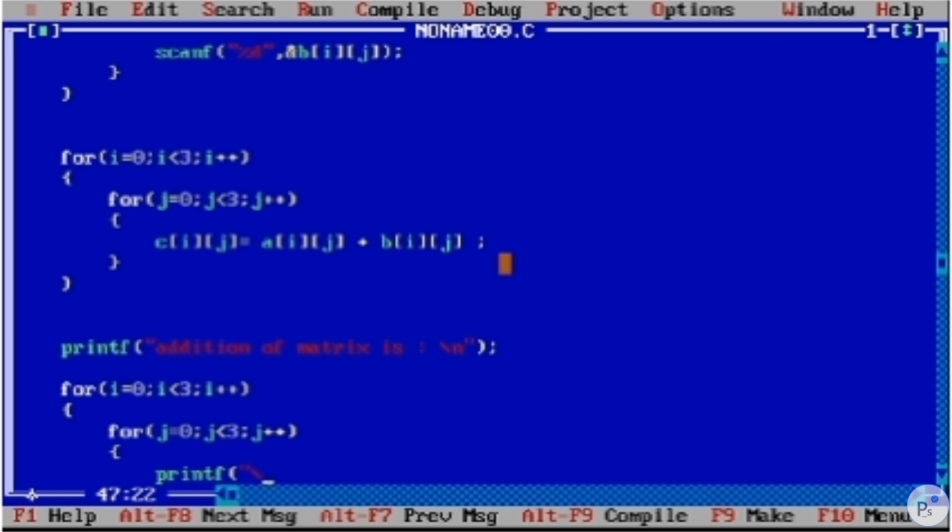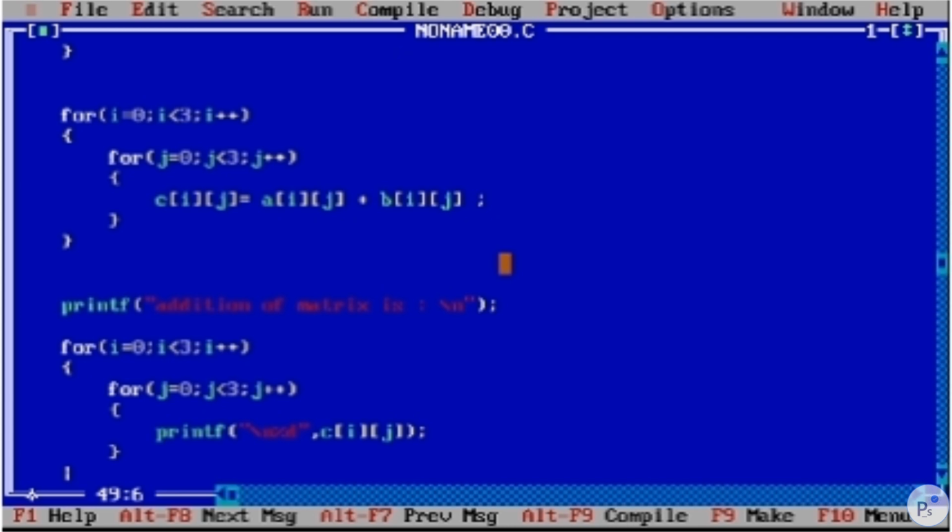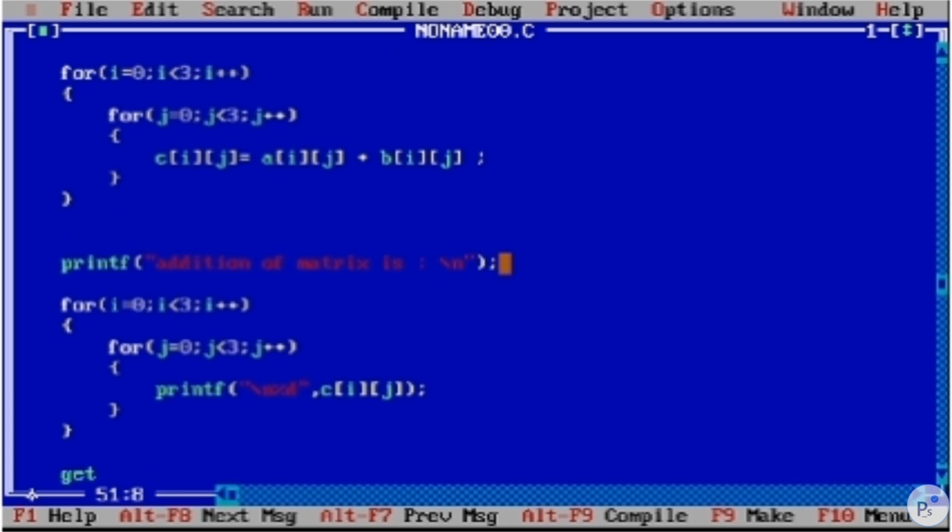Let me add a backslash n for new line, %d comma, what will be here, where we have stored all the values, c of i comma j. Each element we will print out in the for loop. getch, let me save this code.